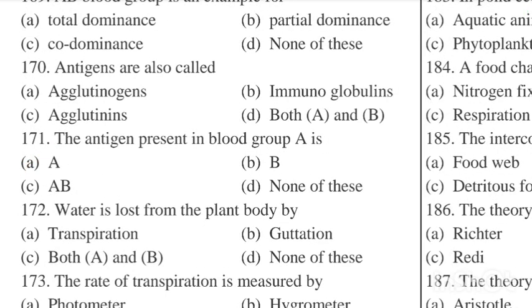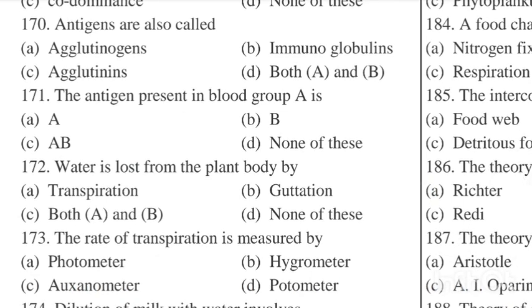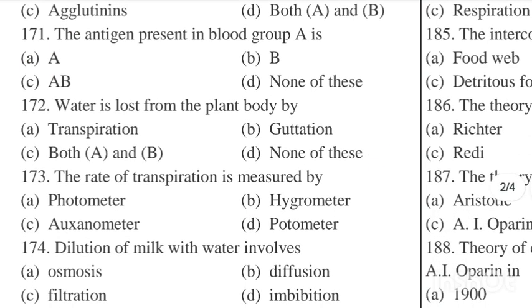Antigens are also called agglutinogens. Next question, the antigen present in blood group A. The antigen present in blood group A is A. Next question, water is lost